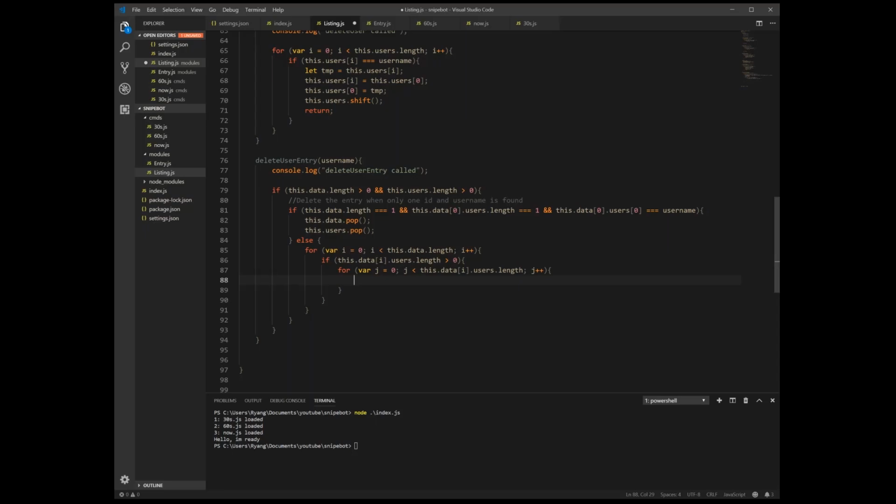And then we're going to check if our this.data[i].users[j], since this is this value here, is equal to our username, and if this.data[i].users.length is greater than 1.